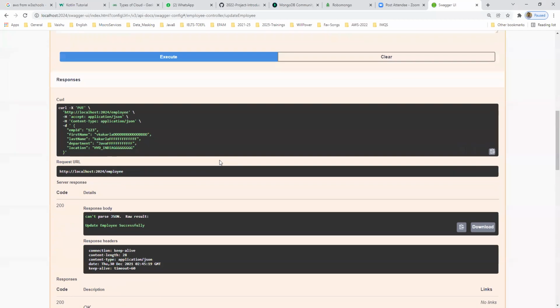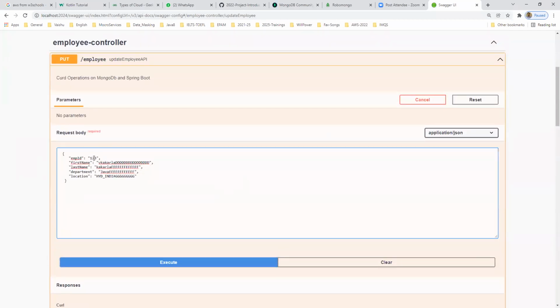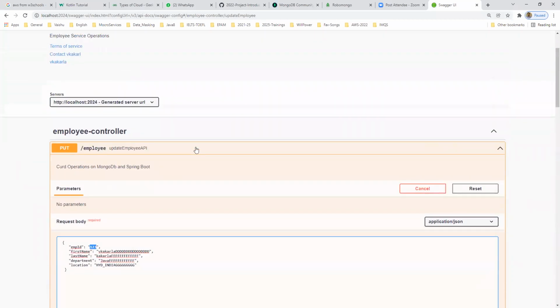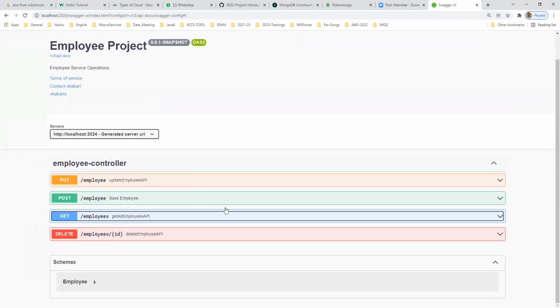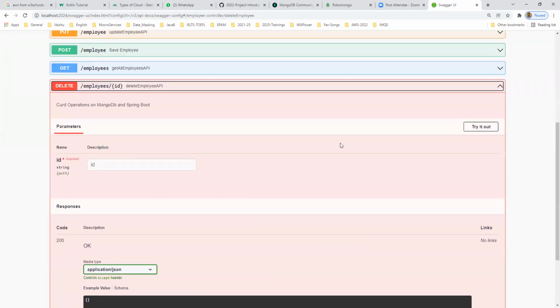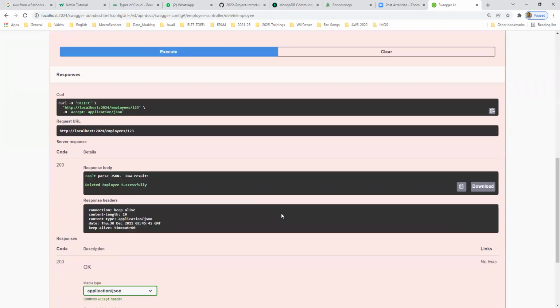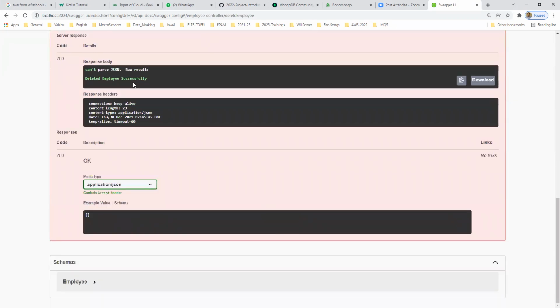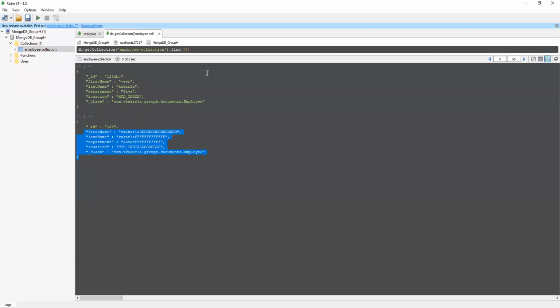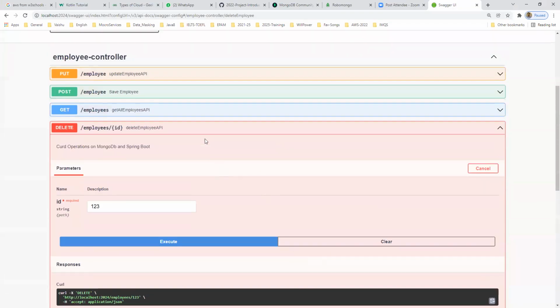Let me delete the record. So 1, 2, 3, right? Let me copy this and go to the delete API. I'm just deleting this. So deleted employee successfully. Let me check here. I'm running here. So the document was deleted. Okay, so like that we can do all these 4 operations.